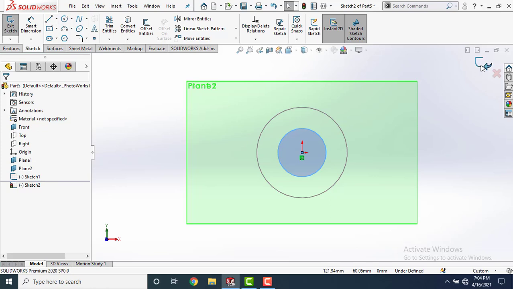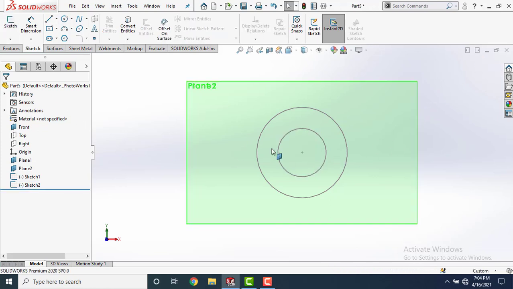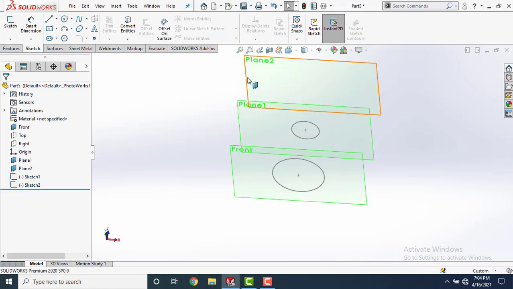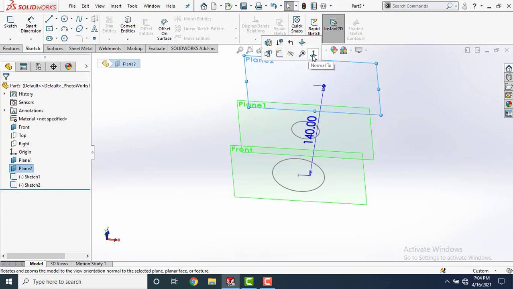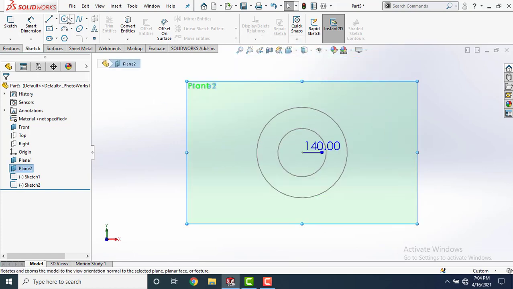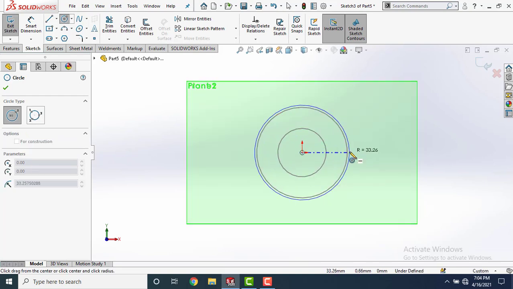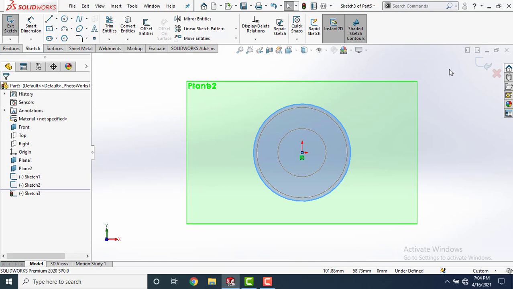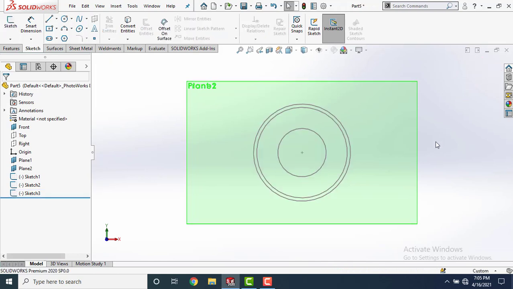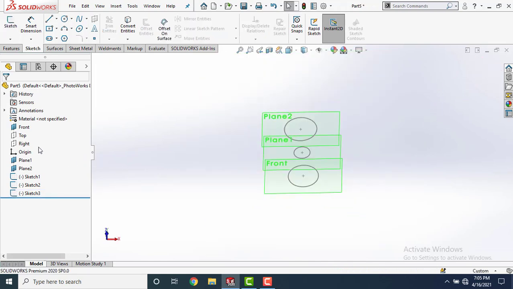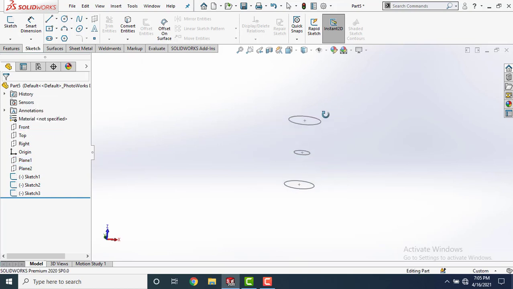Click OK, come out of this sketch. Now select plane 2, make it normal and create a sketch on plane 2. Click OK. Come out of this sketch. Let's hide these 3 planes. Now I have 3 different sketches.